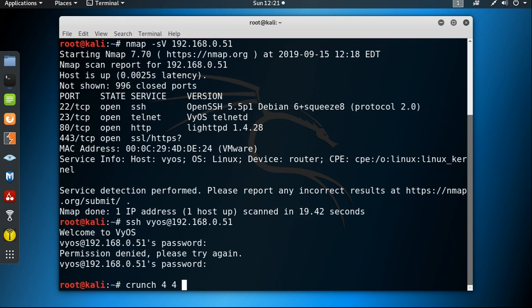So I'm considering OSVY, and then store this in the folder root, my file, and the file name is pass.txt.